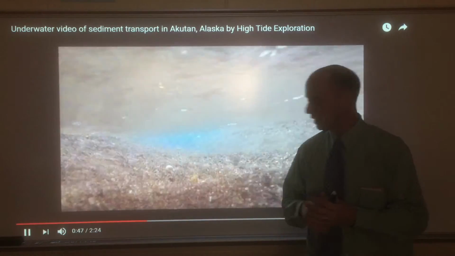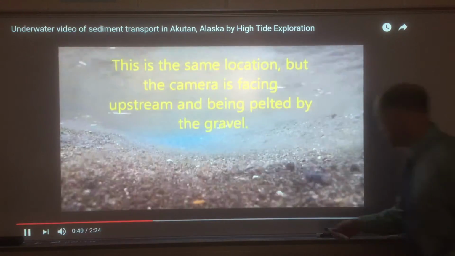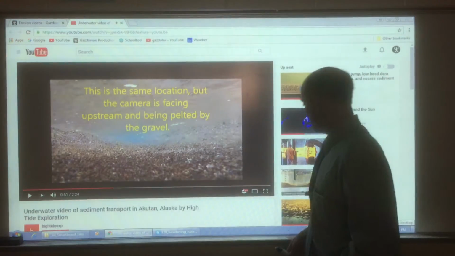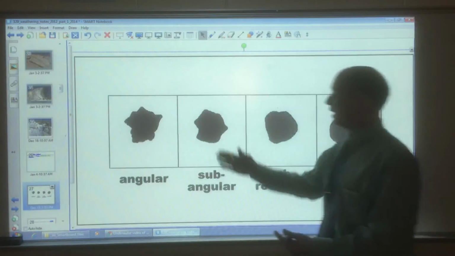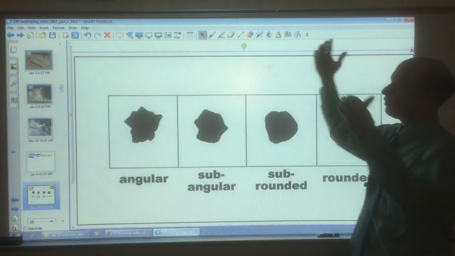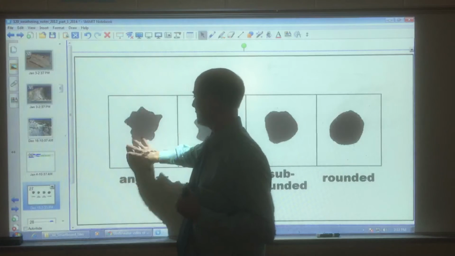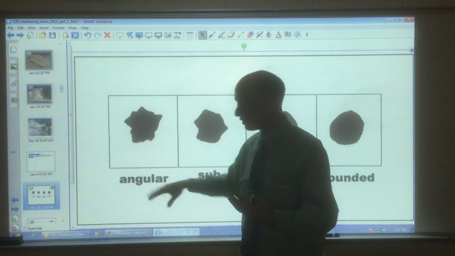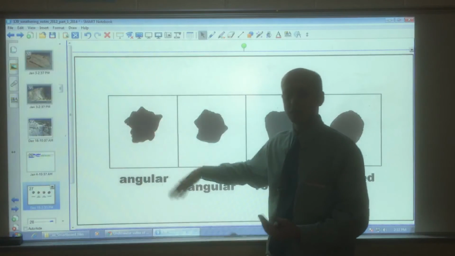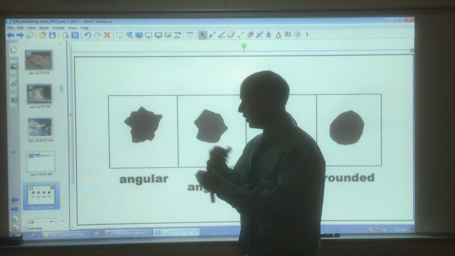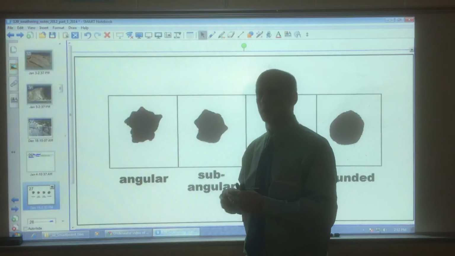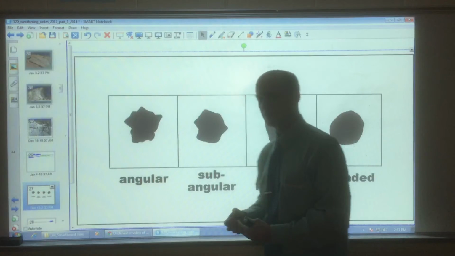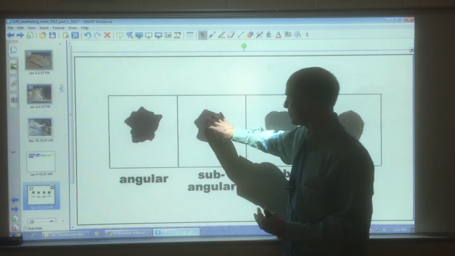It's going to definitely wear off the edges, that process of abrasion. My example that I have here: when that rock first falls off the bedrock of a big rock cliff, maybe from frost action, it's going to be angular. It will fall down into a stream. It'll be angular like this, and as it rolls along, all these sharp edges will get worn down by, think of sand, mostly quartz, hardness of 7, rubbing up against it, and after some time it's going to be like this,